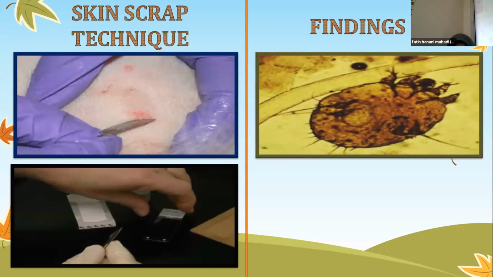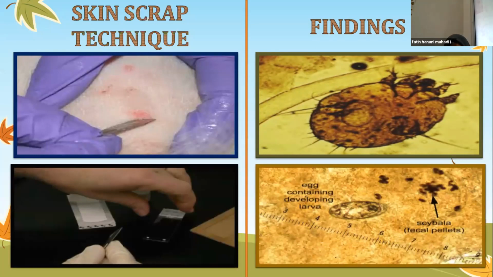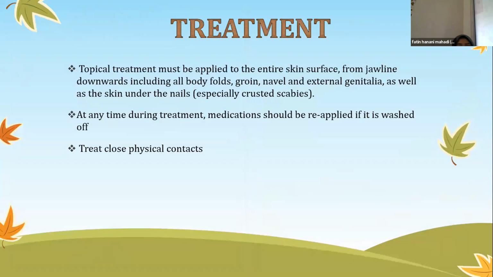The findings may appear like in this picture: a female scabies mite with an egg, an egg containing a developing larva, and also the scybala, the fecal matter. As for the treatment, it can be divided into pharmacological and non-pharmacological. Before we tell the patient about the treatment, we must make sure that the parents know how to use the topical treatment, which must be applied to the entire skin surface,